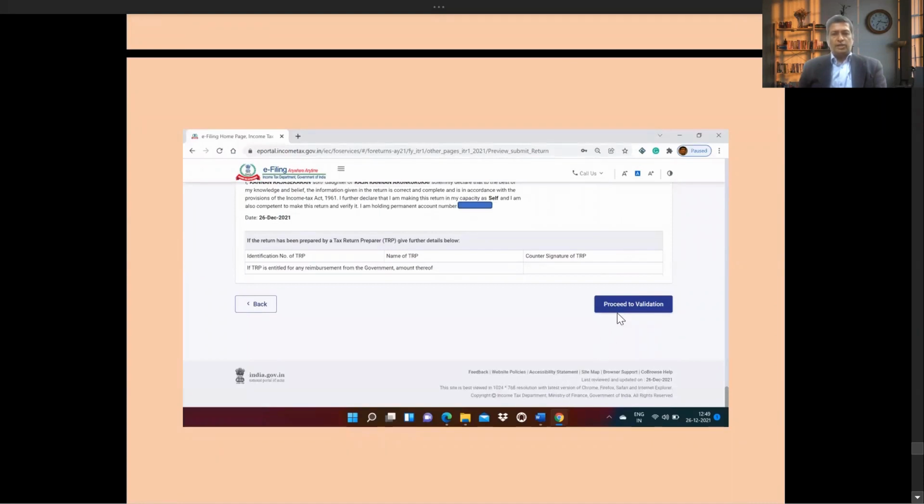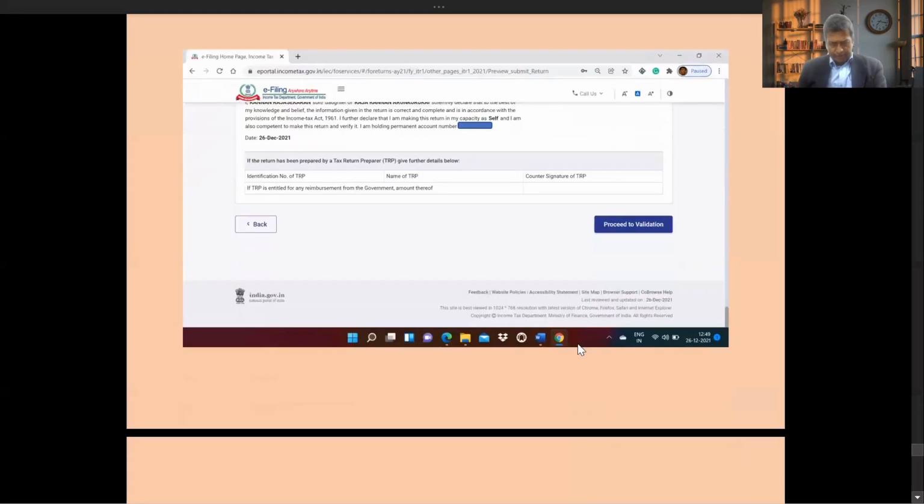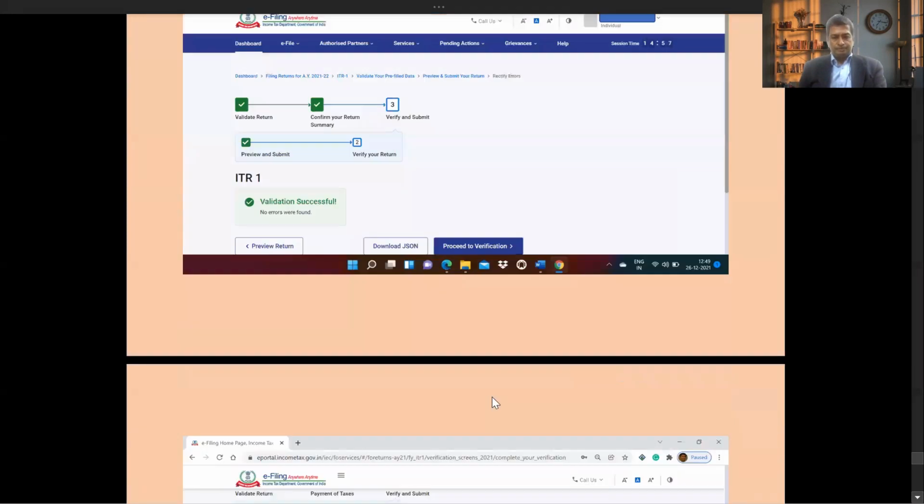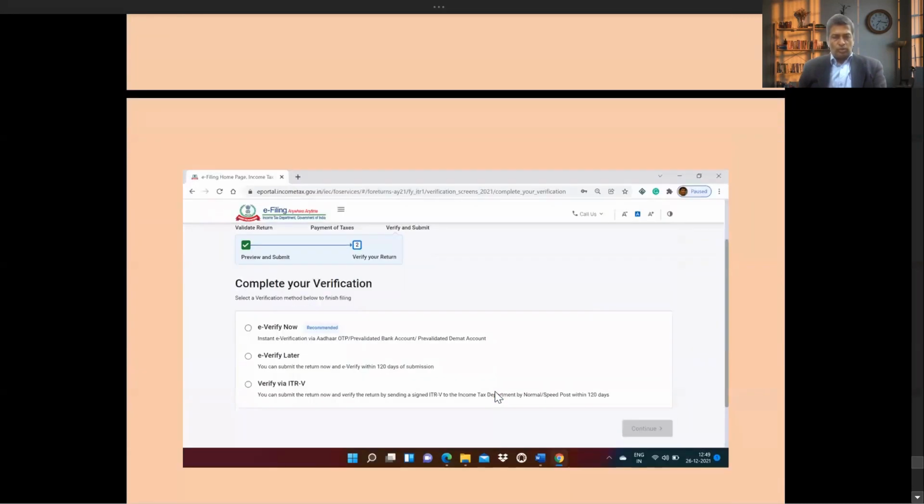Once you have done that, you go for proceed for validation. Once the validation process is done, it will appear with a green symbol, validation successful. Once the validation is successful, you have to complete verification.